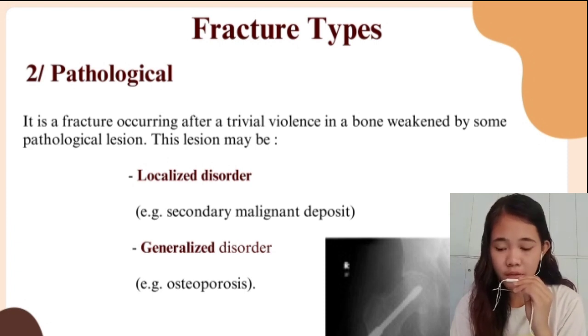Next is a traumatic fracture. A traumatic fracture occurs when significant or extreme force is applied to a bone. Examples include broken bones caused by impacts from a fall or car accident and those caused by forceful overextension, such as a twisting injury that may cause an ankle fracture. Traumatic fractures may be